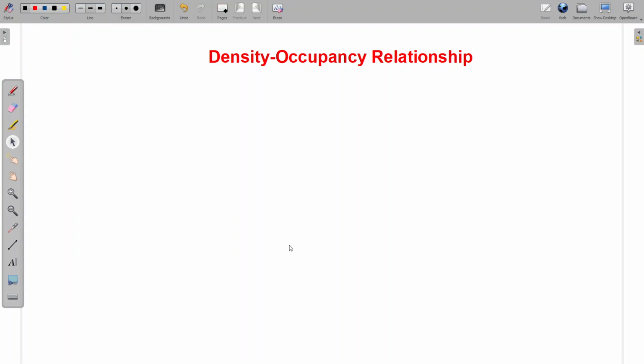Okay, students. So today we'll start the next topic, that is basically the density occupancy relationship. Before I go directly, what is the density occupancy relationship? Let us know the basic flow-density relationship. Already we know, what is the flow-density relationship? Simply, what we know is that